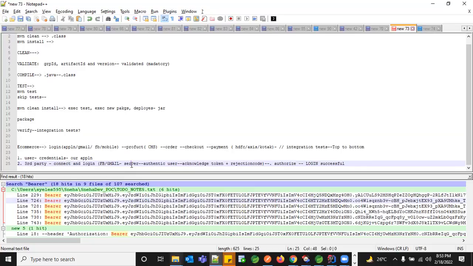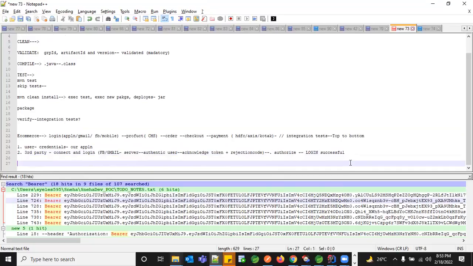Whenever you write a test case, you can't every time go and hit the actual Facebook or actual Gmail. So what we do is we mock our third party responses, and then we test our entire flow every time there's an enhancement, so that the integration will never fail when the real-time application is up. Did you get my point here?